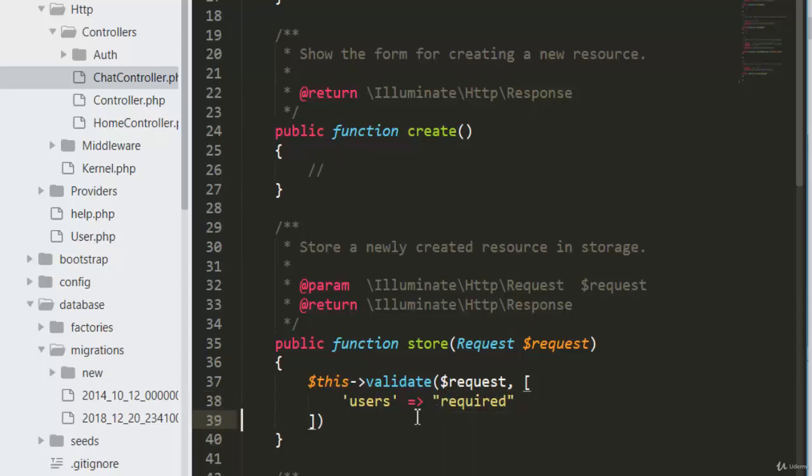Now the only difference between 5.4 and the newer versions, specifically in validation, though there are other differences as well, is this: Laravel 5.5 and newer versions have removed this from here and made it one argument, and instead of this they have done this. So that's the difference, which is not a big deal, right? So let me